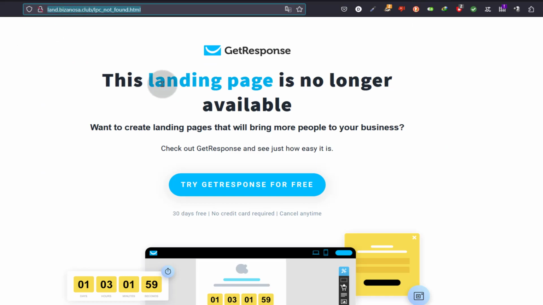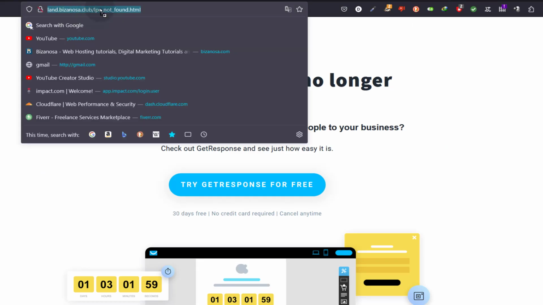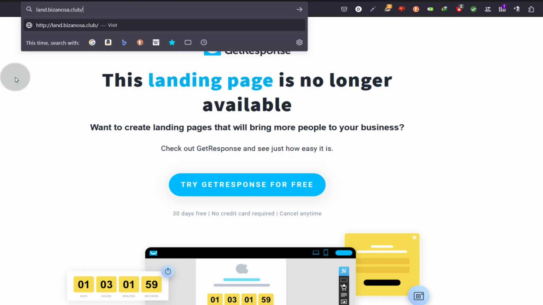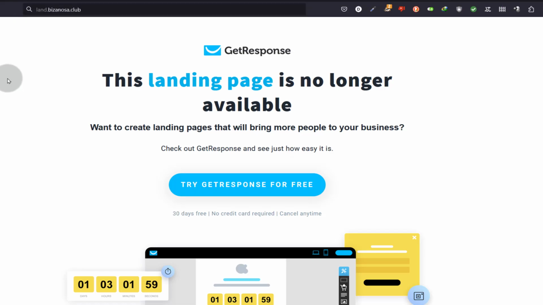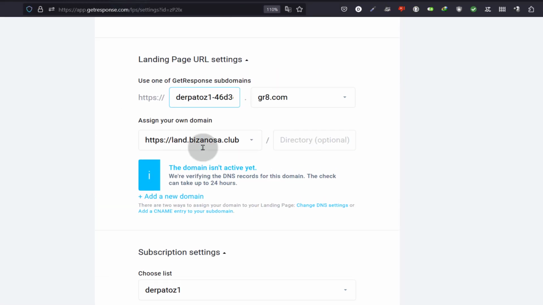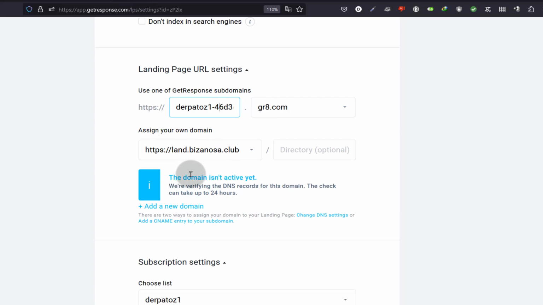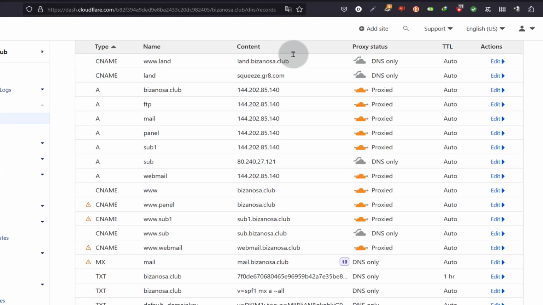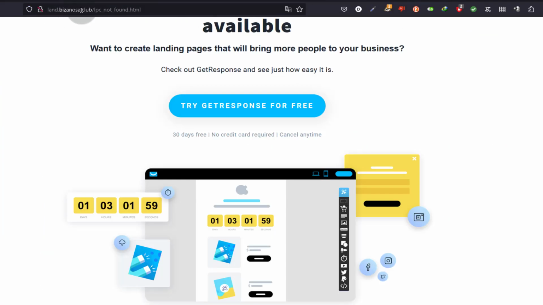And since it is showing this, this means that the CNAME is working. On my end, the CNAME is working. I just need to wait for Getresponse to notice that the domain is working, and that way they're going to show my landing page here because I've already chosen the landing page to be there. So the moment it tells me the domain is active, then I will be able to visit my domain using this. Right now, I can't visit using this because it has not even provided the SSL, and let us try to access it using